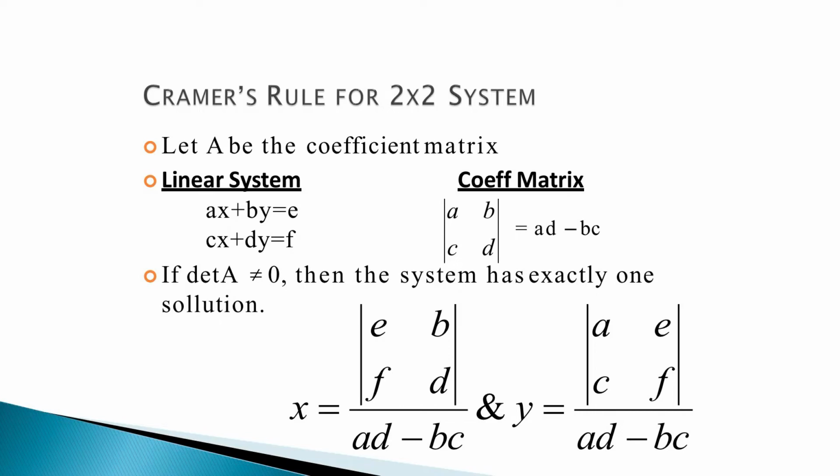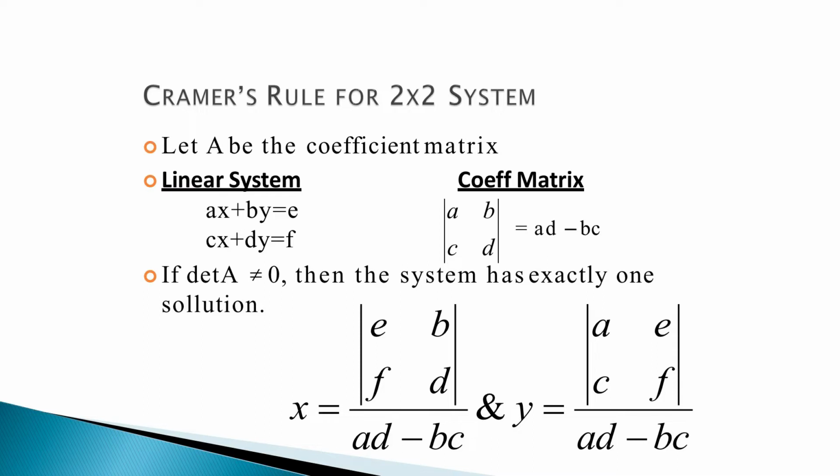If det A is equal to 0, then this system is inconsistent, meaning there are infinitely many values of x and y, so we cannot solve this equation. If det A is not equal to 0, then the system is consistent, and we proceed to find dx and dy, two other determinants, by replacing the coefficient column of the variable with the constants. Hence, x is equal to dx by d and y becomes dy by d,